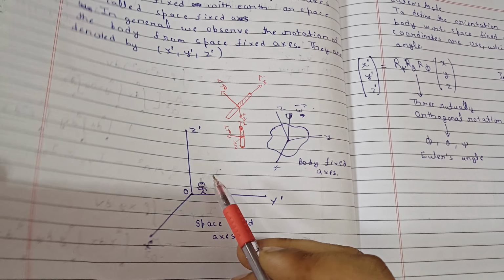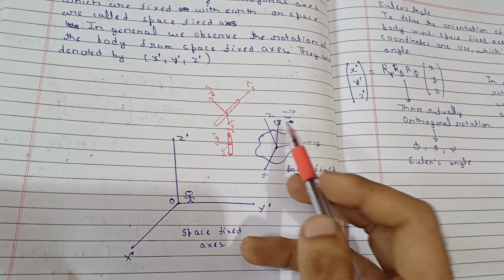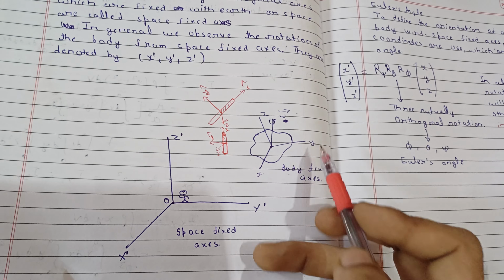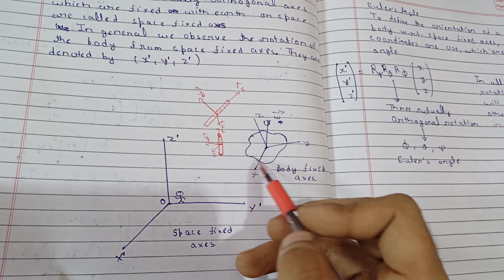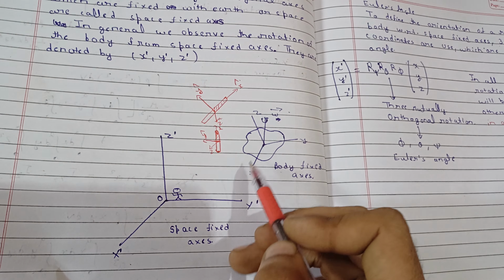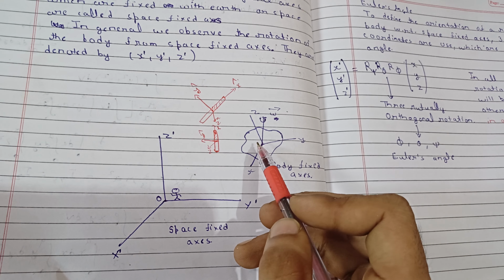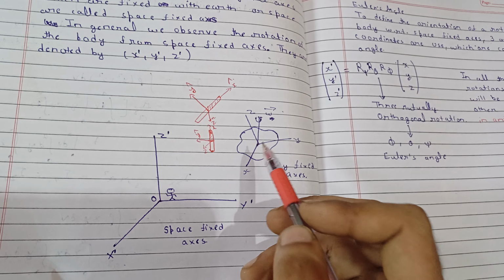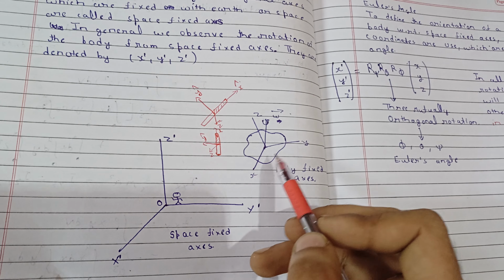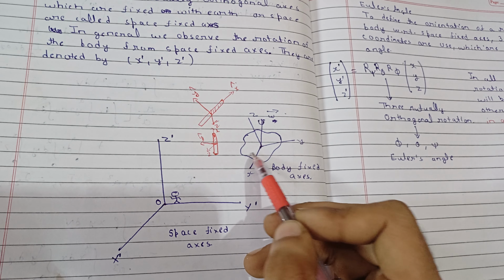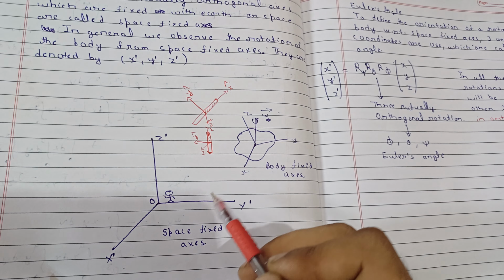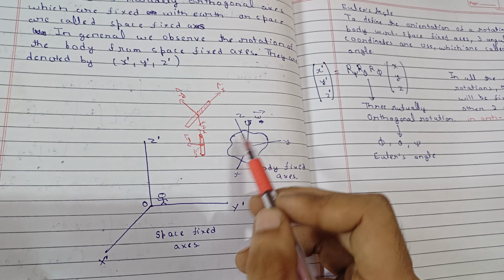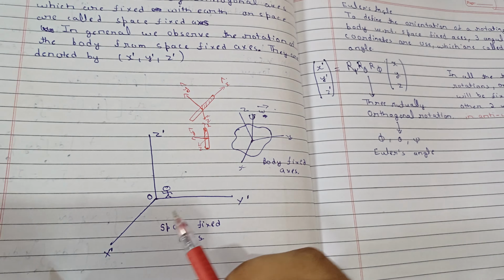And now the axis attached with the object which is rotating is called the body fixed axis, because they will rotate with the object. It's like three rods are attached with this object, and when this object is rotated, these three axes will also be rotating. And what is the use of this? It means that whatever mass distribution is along this x will always remain the same in this rotation, and along this y will remain the same, along this z will remain the same. So that is the use of body fixed axes.